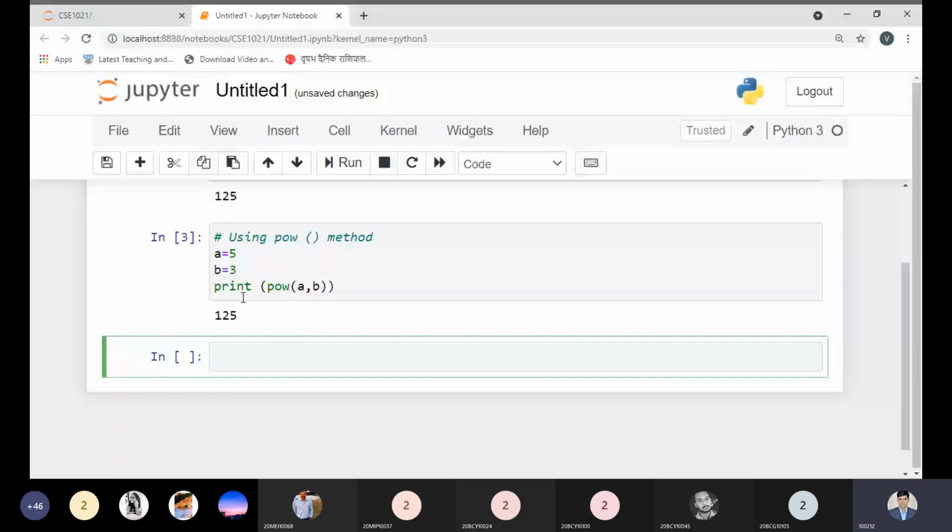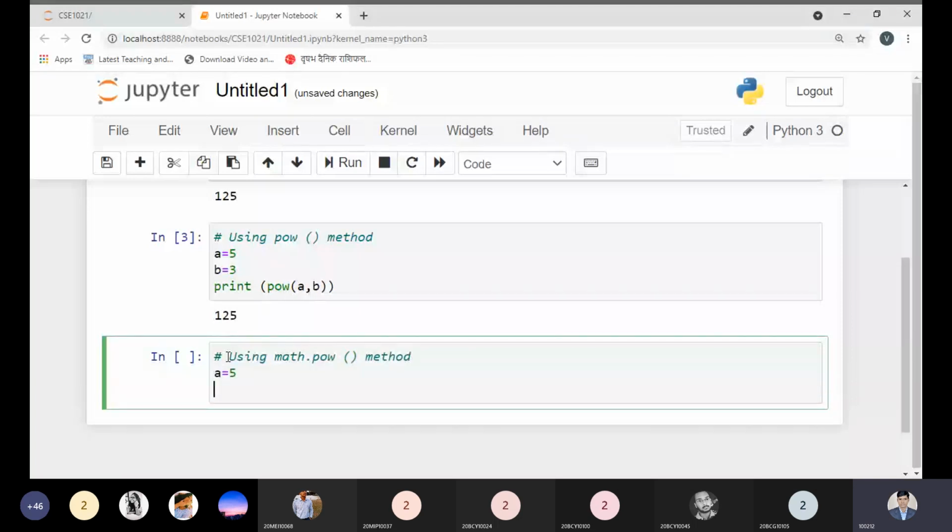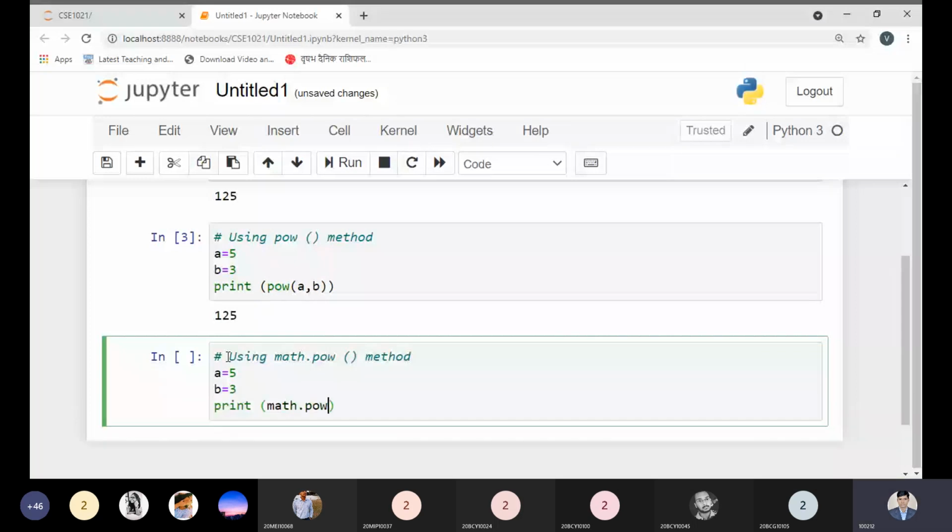Now if I'm using math.pow, the same code I'm using for understanding purposes. Now see the difference. math.pow, and what is the initial value? That is a comma b.